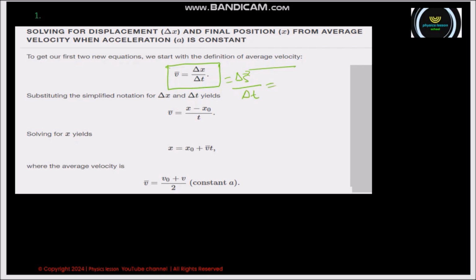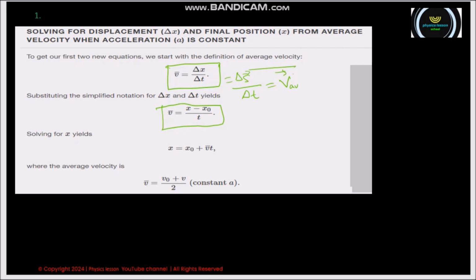This can be the average velocity. Then from this average velocity we can find